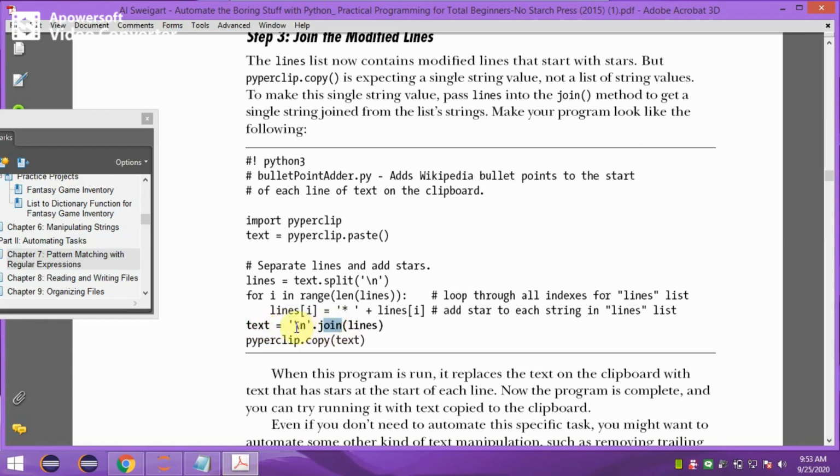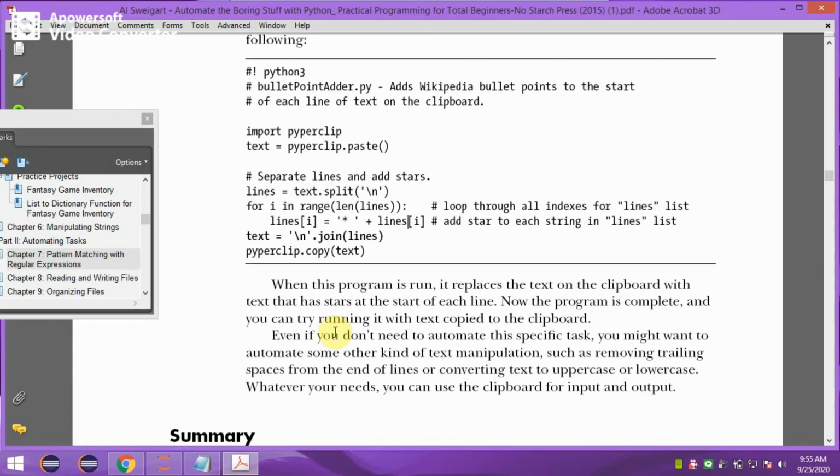The lines of text are joined by using the join function, with backslash n. The backslash n dot join lines function joins the text. When joining the lines, it makes use of backslash n as the separator character.